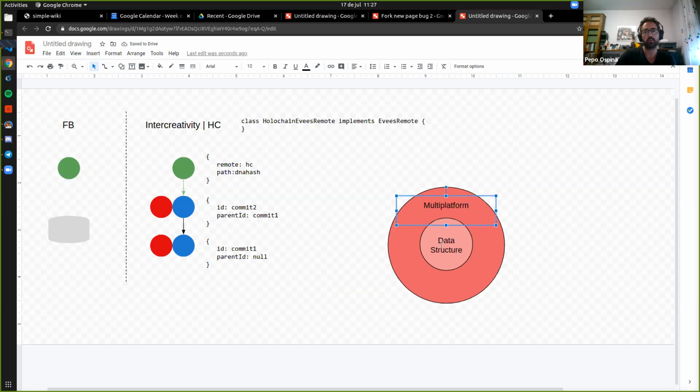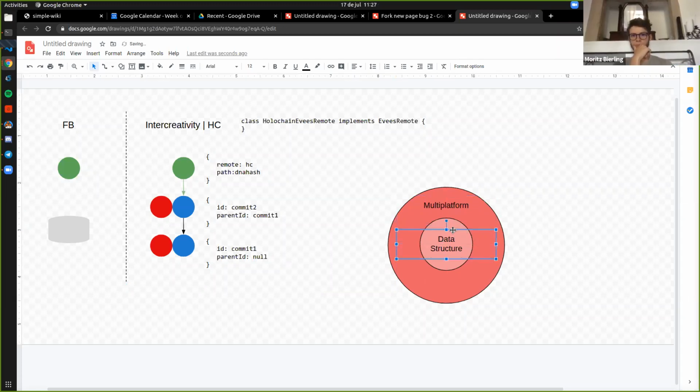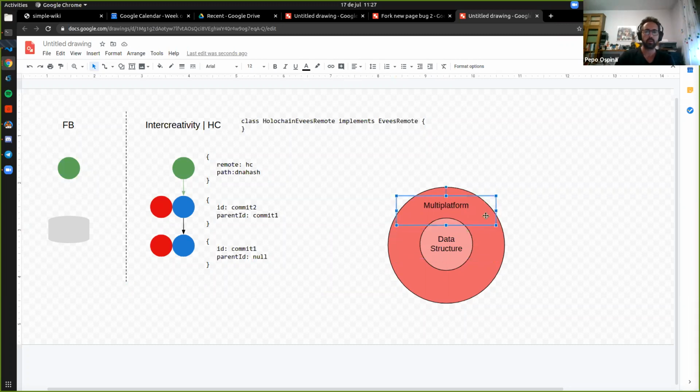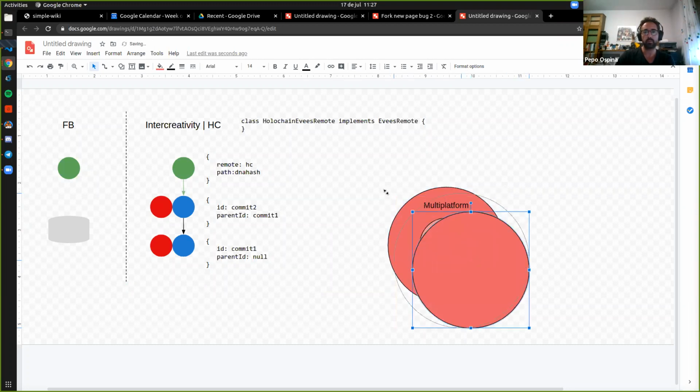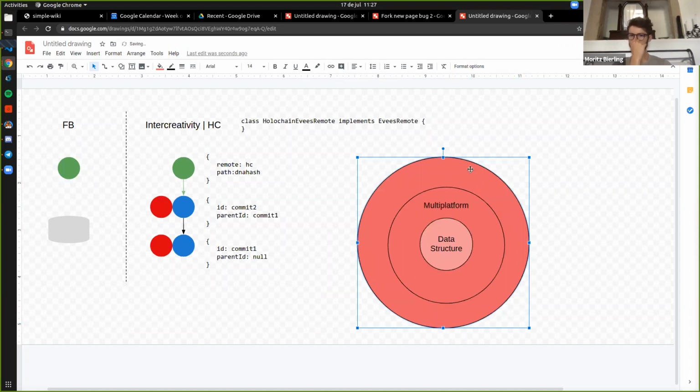So you can read these data structures from one platform or another. Right. And maybe we will have to review this diagram, but let's keep an informal conversation at the moment, and we will publish it when it's ready.